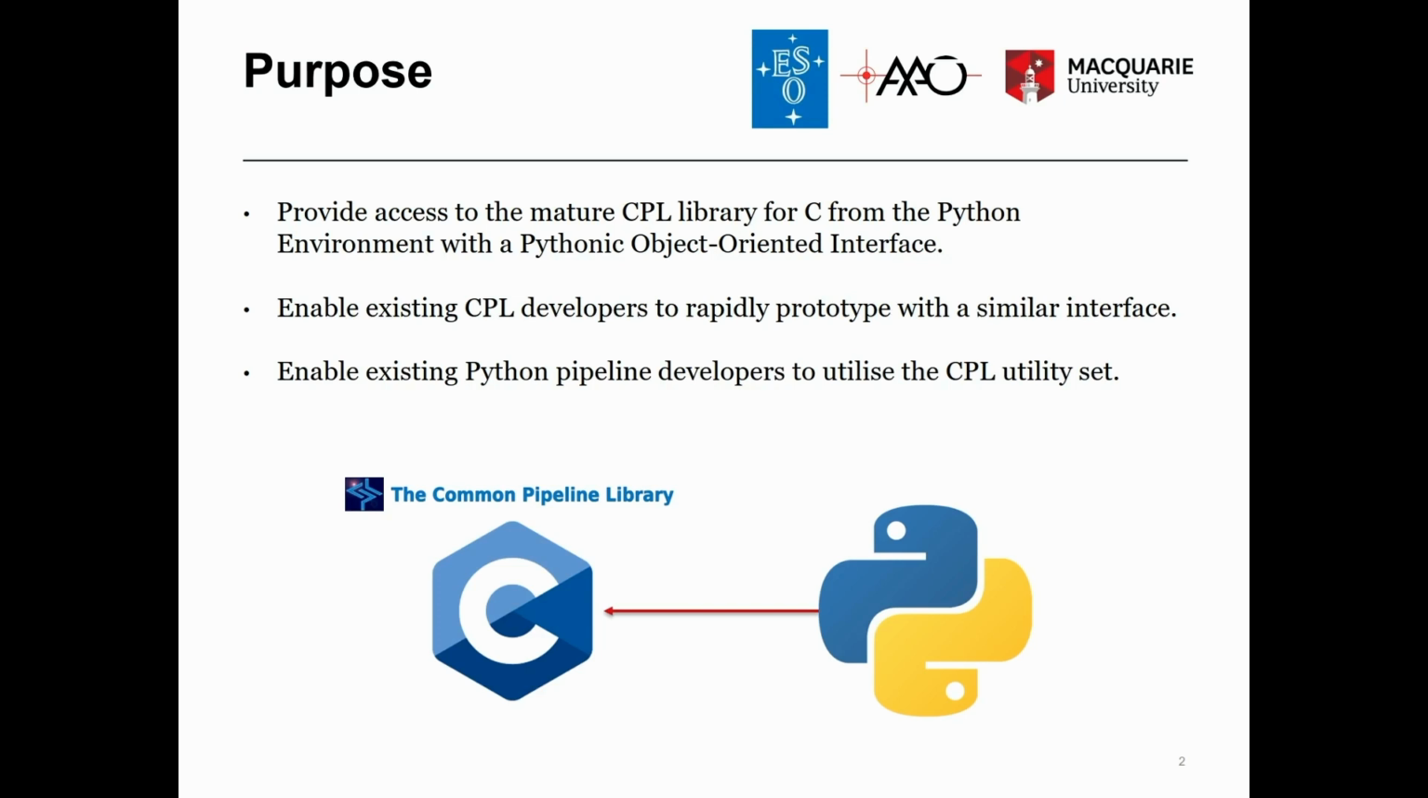Originally, CPL was used for the construction of standardized data reduction pipelines in C. However, as Python is becoming more used for data processing over C and C++, there came a need to build a Pythonic object-oriented interface to CPL. This enables existing CPL developers to rapidly prototype new pipelines, and allows Python developers within the astronomical community to utilize